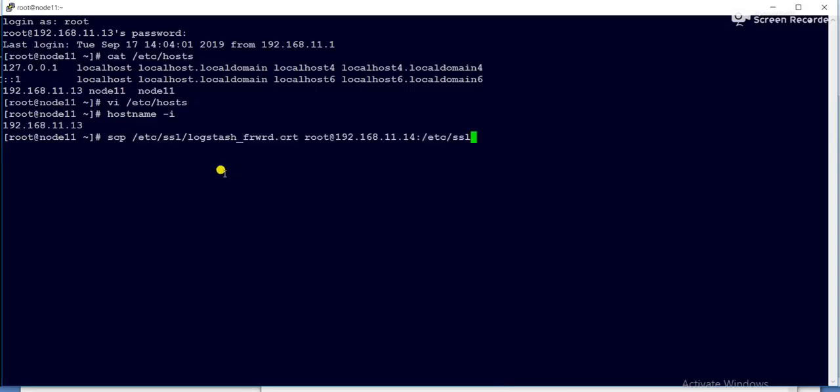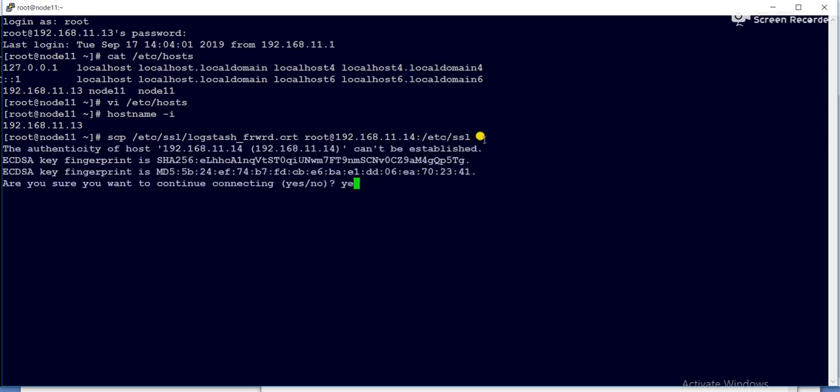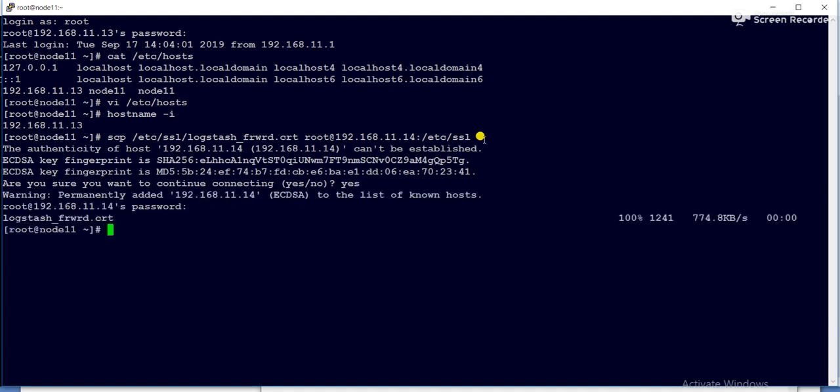I will execute the command from my ELK server, copying the certificate to the client machine. The certificate will be copied to /etc/ssl. Now the certificate got copied.